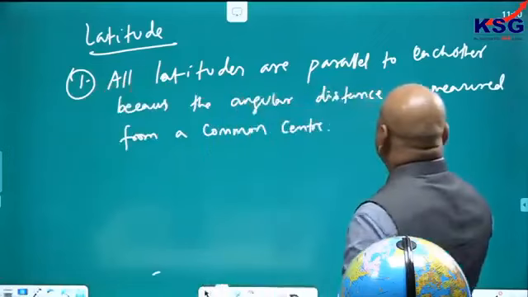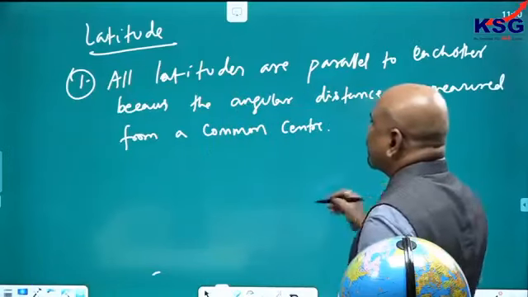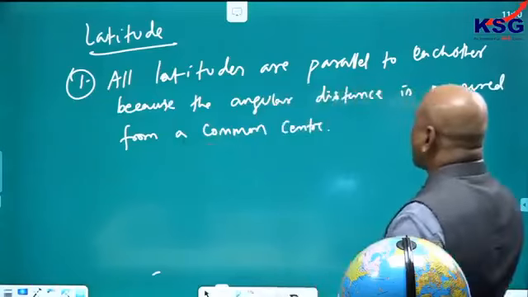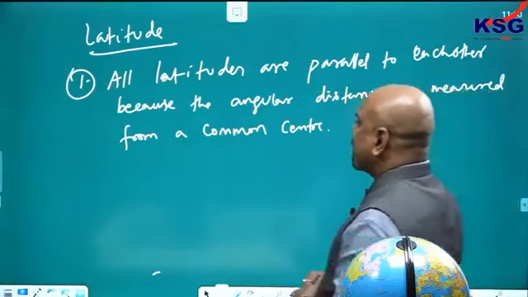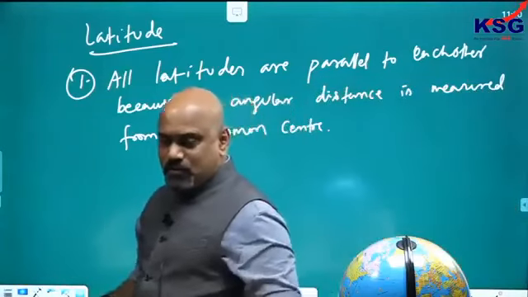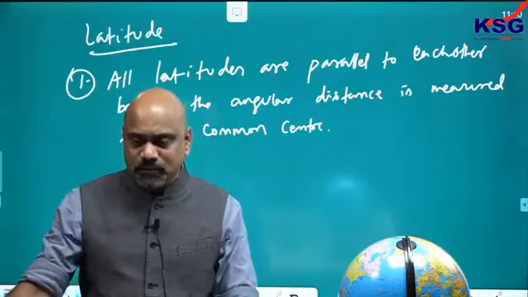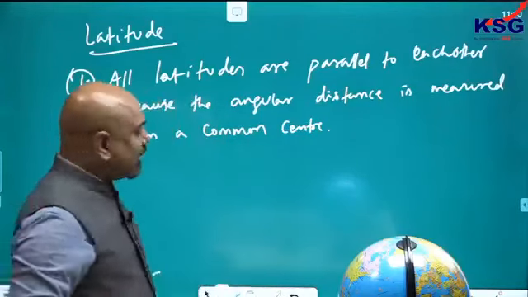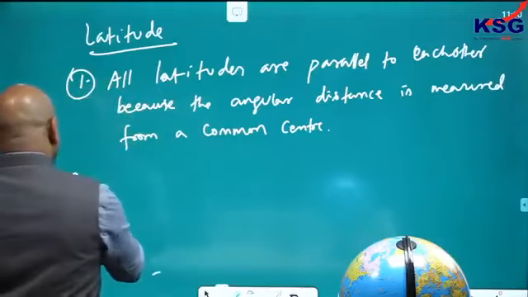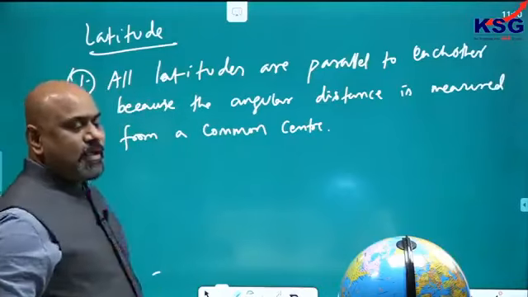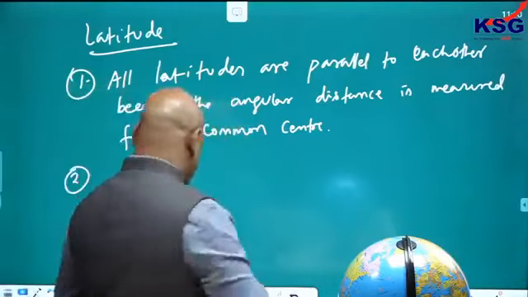All latitudes are parallel to each other because the angular distance is measured from a common center, that is the common center here. Okay, fine. Thank you. Now, the second point is, if you look at this